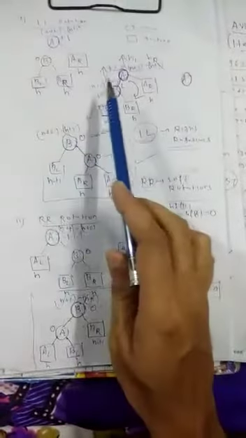In the previous section, we discussed the introduction of the AVL tree and the rotations, that is LL rotation and RR rotation. In the LL rotation, what happens? We perform a right rotation to find the balanced tree, and in the RR rotation, we perform the left rotation to find the balanced tree. Next, we will discuss the LR rotation and RL rotation.